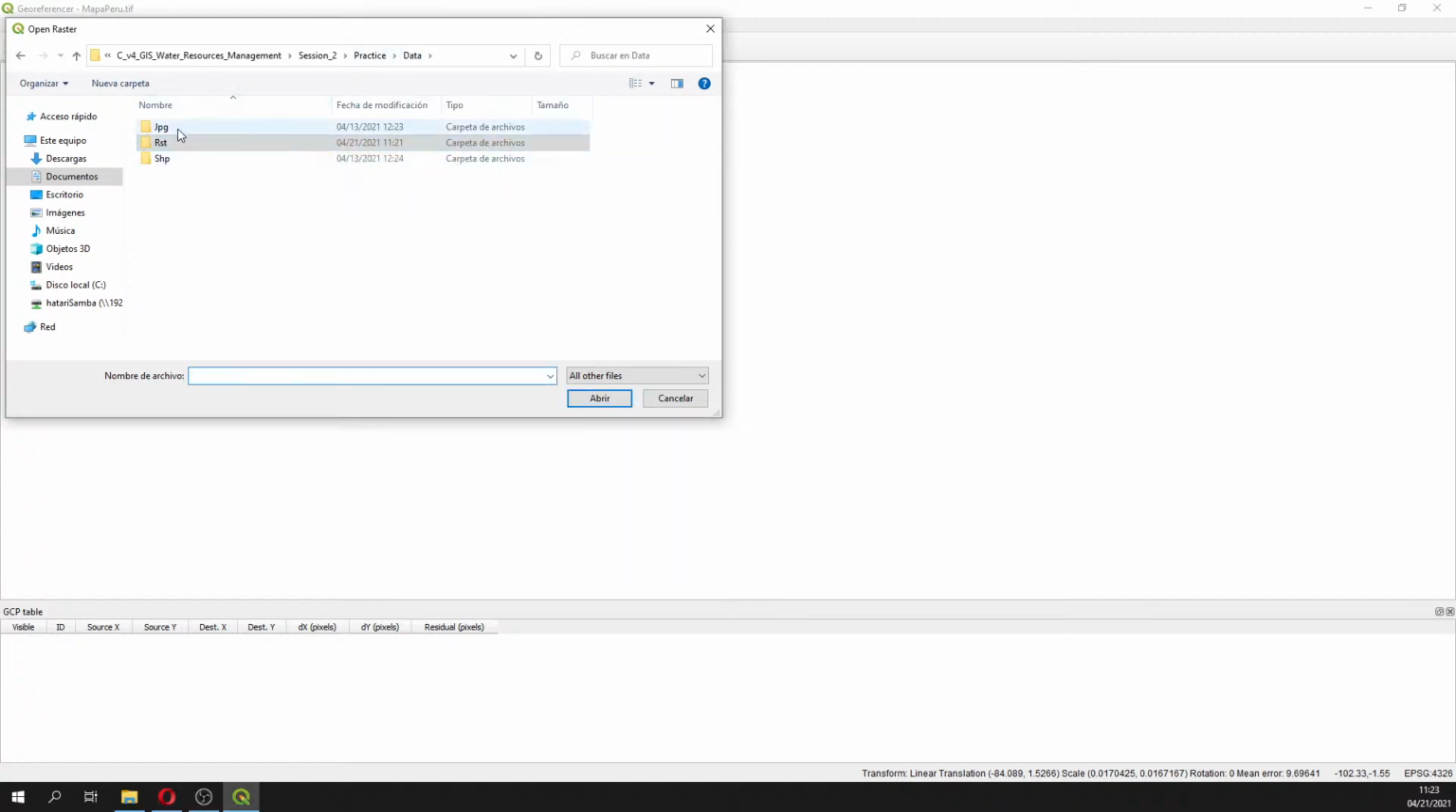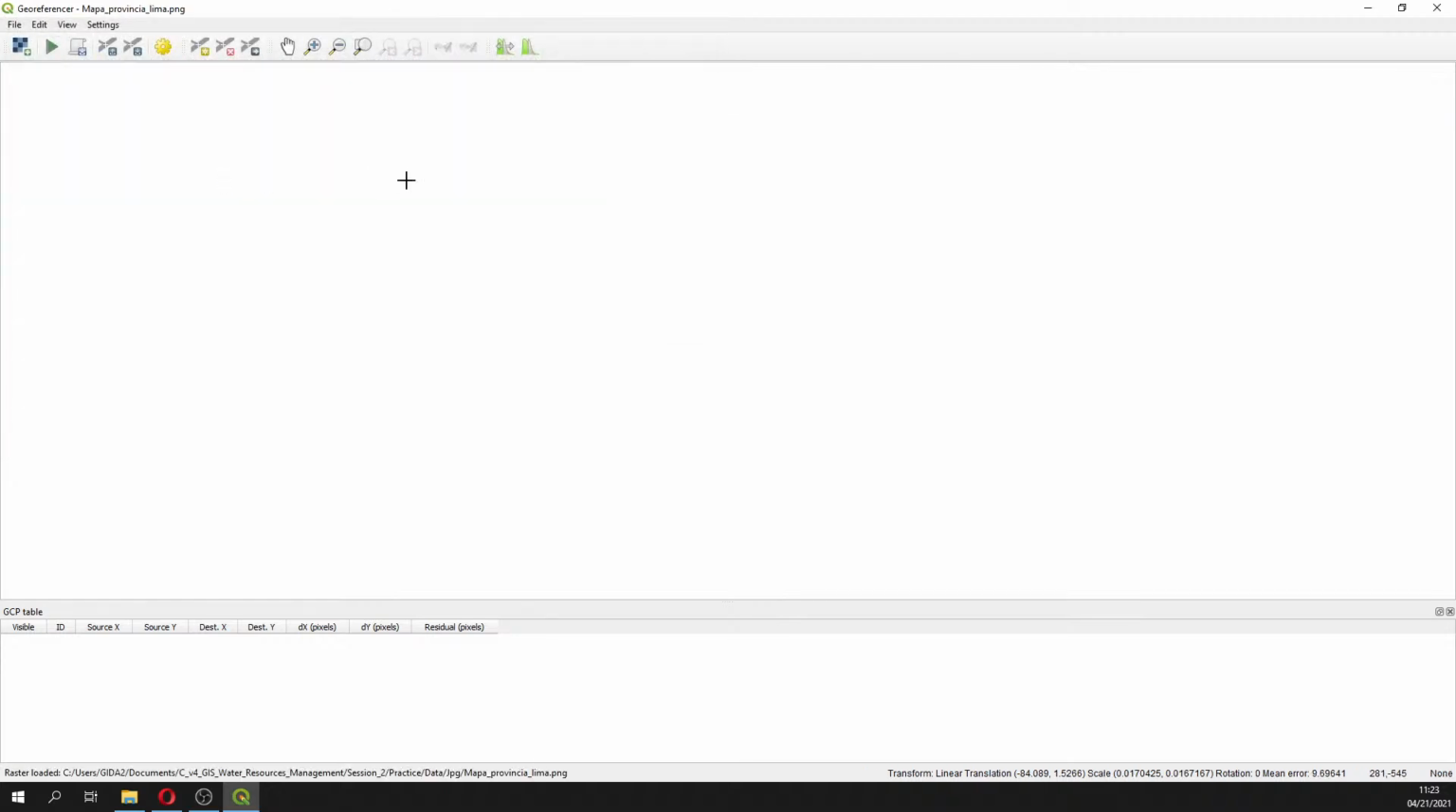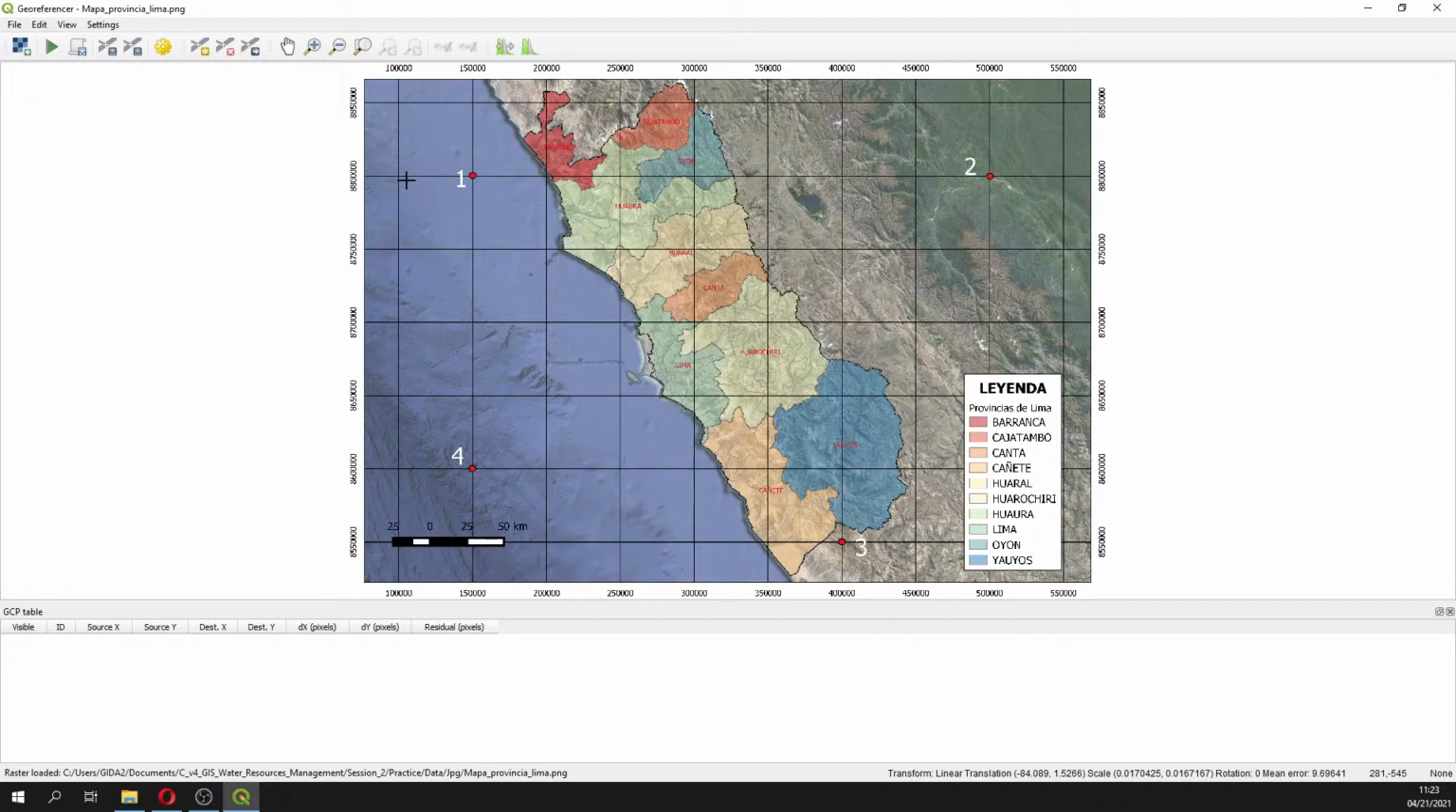It's not in the data, it's a JPG, and this is to show you that you can reference some basic graphic files as well, I mean PNG and JPG. Let's use this one, Mapa provincia de Lima dot PNG. So we are going to work with a standard PNG file that you might find in a report, so you have only the figure of the map, but actually you don't have the map,